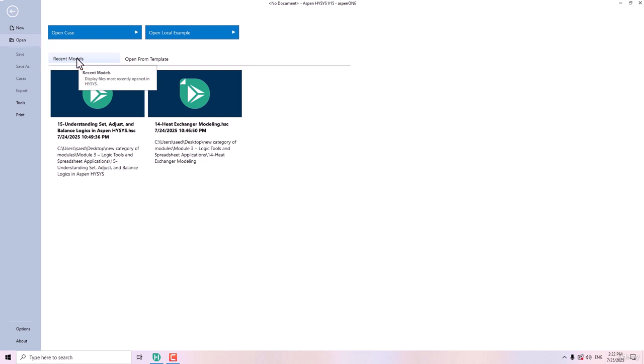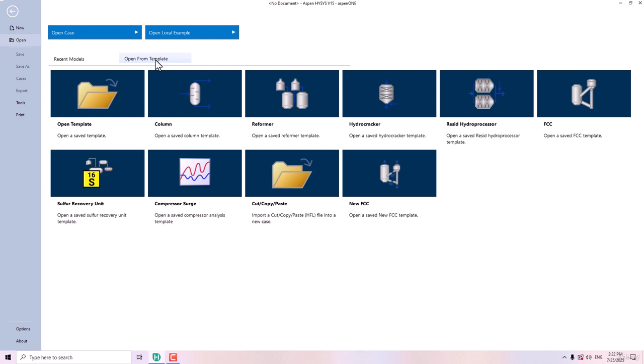The second tab is Open from Template. If you click on this tab, you'll see a list of built-in templates provided by Aspen HYSYS. These templates are pre-configured simulation cases for common processes such as distillation, gas dehydration, refrigeration, or compressor systems. They are useful for advanced users who want a head start on building complex models, but for our purposes, we'll